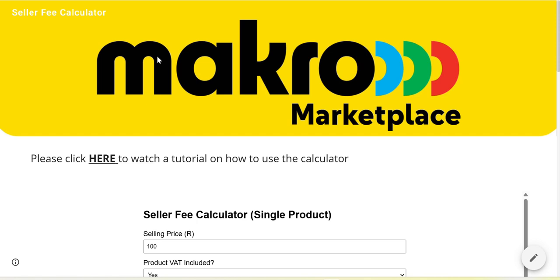Seller fee calculator. We've previously shared this as an Excel version, but this should be much more helpful being an online version on a web app. While we make more product developments to the portal, this should work just as well for now. So, how to navigate yourself around